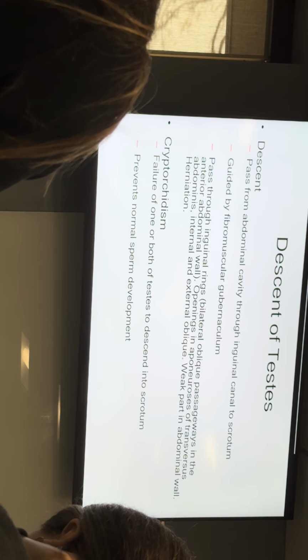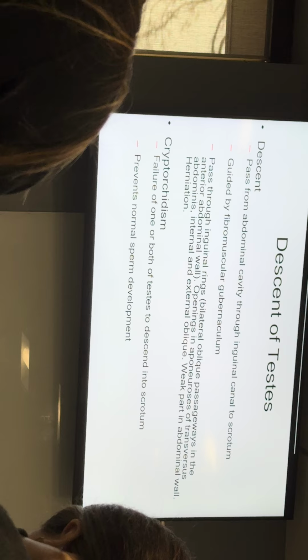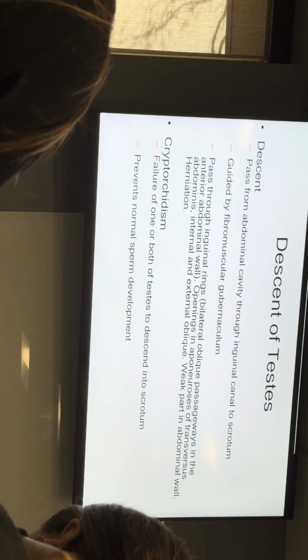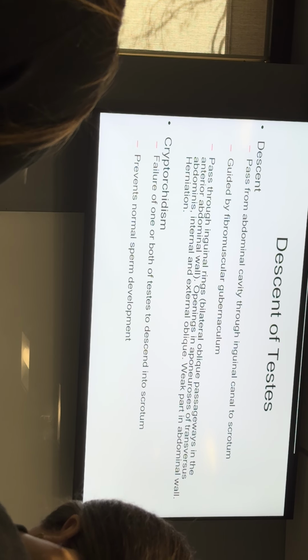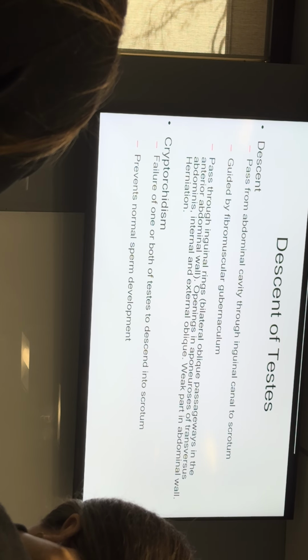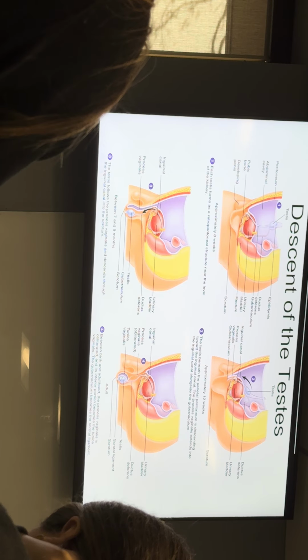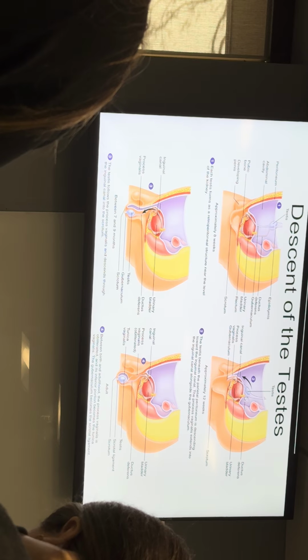So, if your gonadal ridge is told to become testicles, then you get testicles, but they're way high up in your abdomen, so they have to descend, because if they don't descend, they'll be too hot. And if they're too hot, you can't produce sperm that are motile, and you'll be infertile. So they have to descend. They start to descend about 12 weeks in development, and are fully descended about 2 to 3 months before you're born.